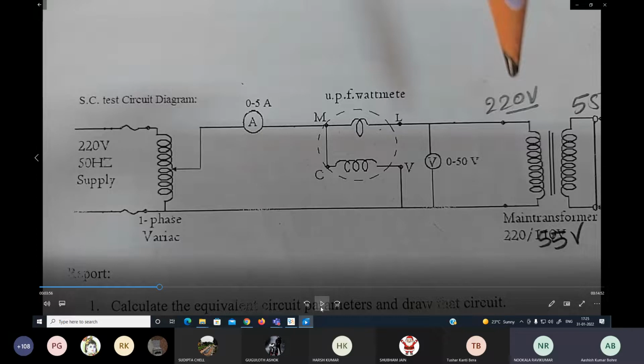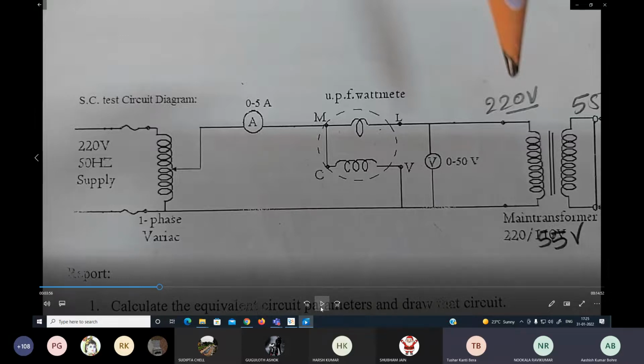Okay. No. Actually, we are applying very less voltage. So this 220 is full rated. So we are not going to apply any full rated voltage. Fine. So very less voltage will be applied in that case. Otherwise, there will be huge current. So that's why we will apply very less voltage, and that will be say 10 to 15% of the rated